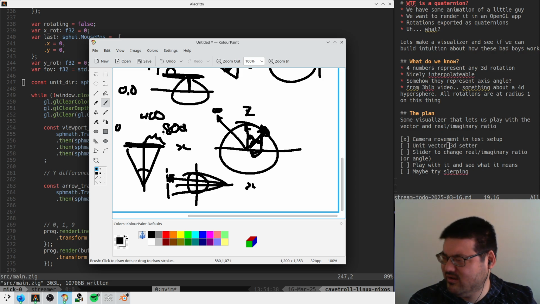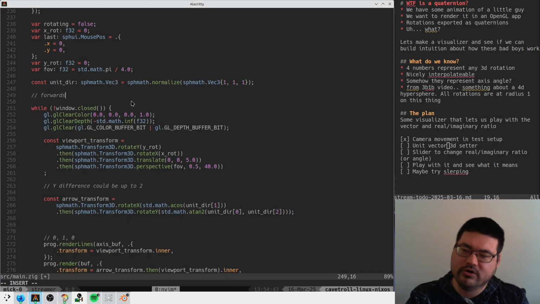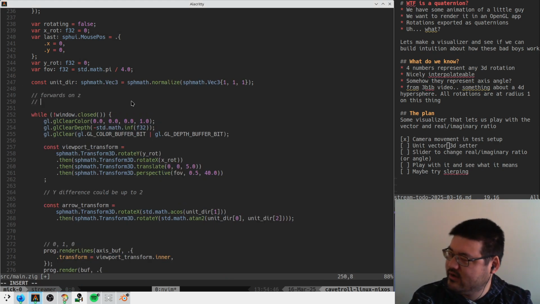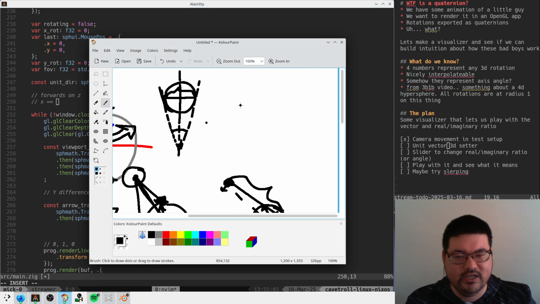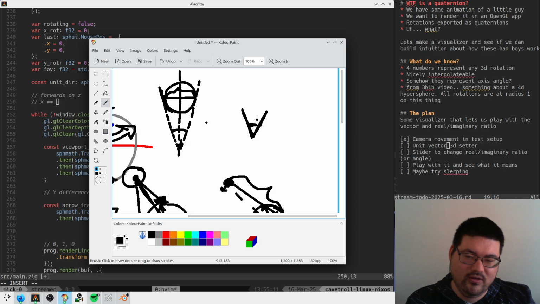Surely. So the direction, say that we're looking forwards on Z, that means that we need an X and Y direction out of this somehow. So it must just be like X is equal to... what? I'm so confused. Thinking about it in 2D, it makes sense, right? You have an angle of view and I've clicked somewhere and I need to rotate around x, like rotate,